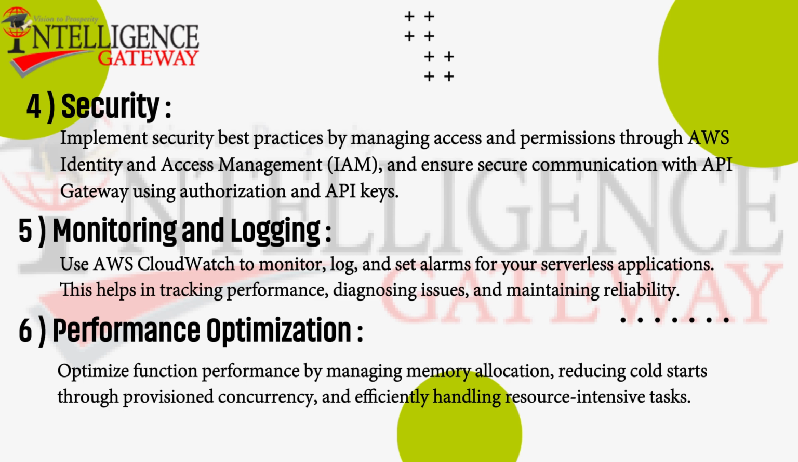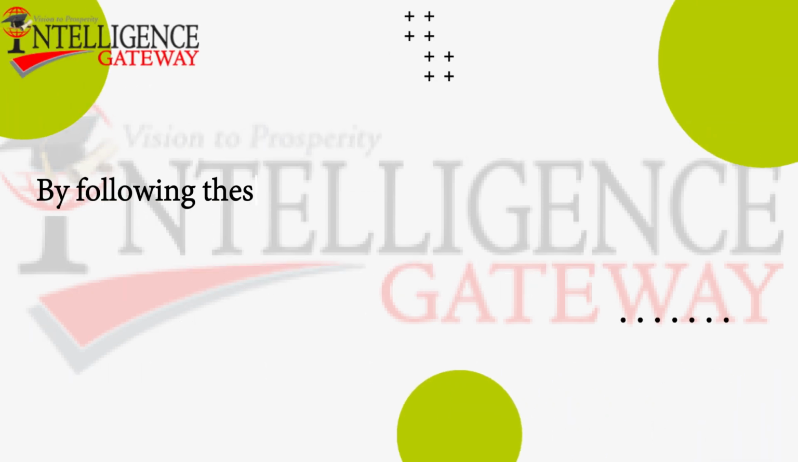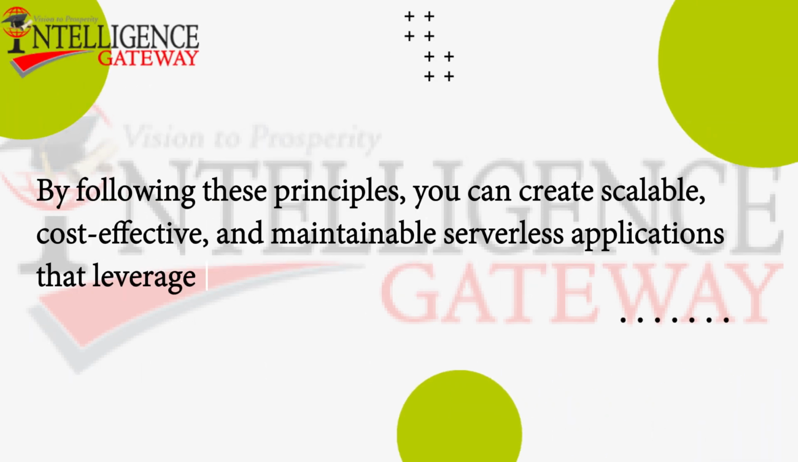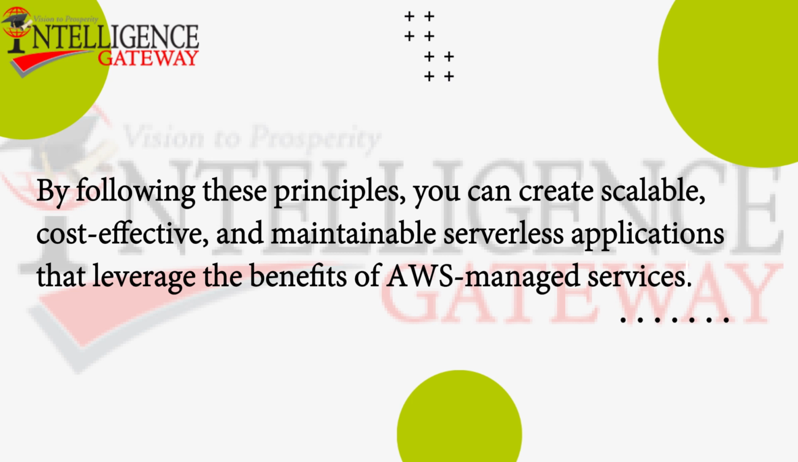6. Performance optimization. Optimize function performance by managing memory allocation, reducing cold starts through provisioned concurrency, and efficiently handling resource-intensive tasks. By following these principles, you can create scalable, cost-effective, and maintainable serverless applications that leverage the benefits of AWS managed